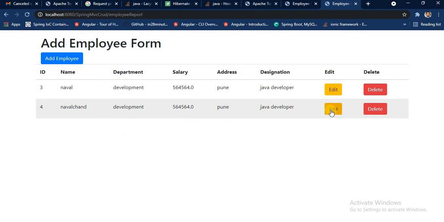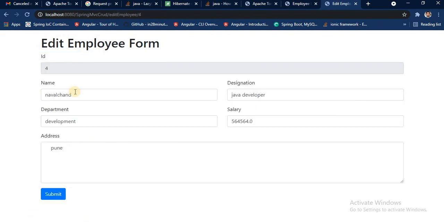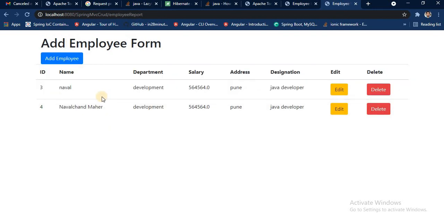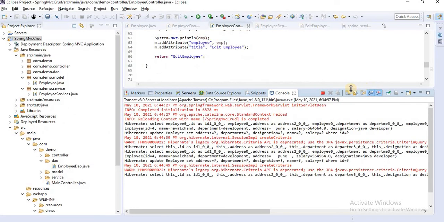Then again edit, I'll change to Navalchan Meher, then submit. It's working fine now. Okay, one more thing remains, delete employee. Let's work on that.